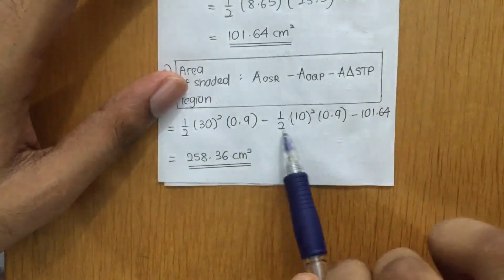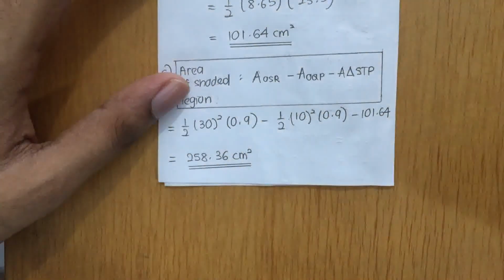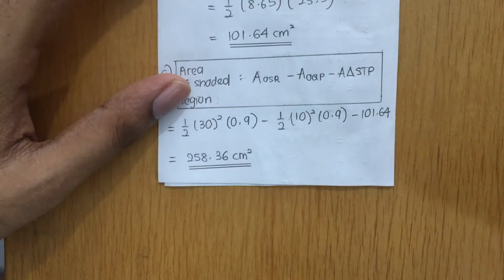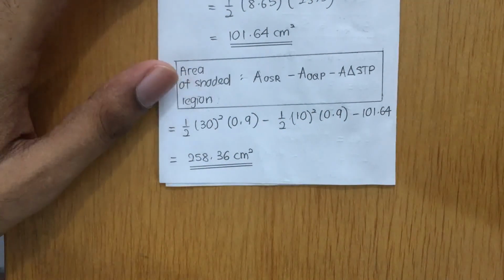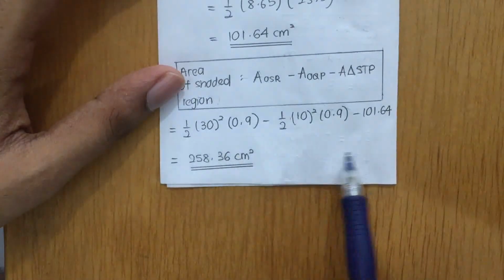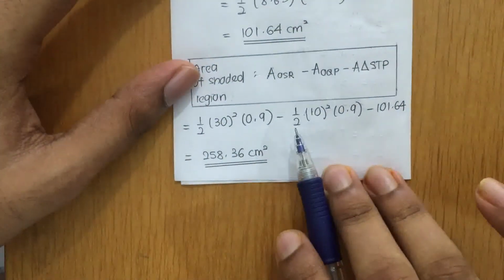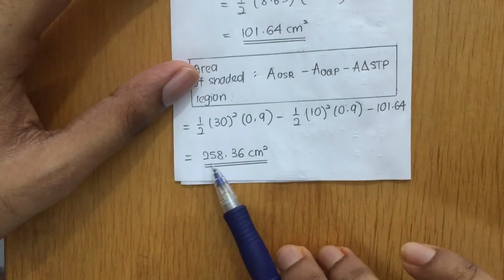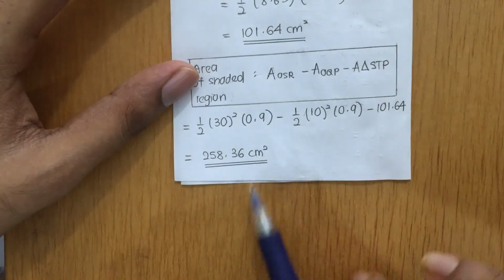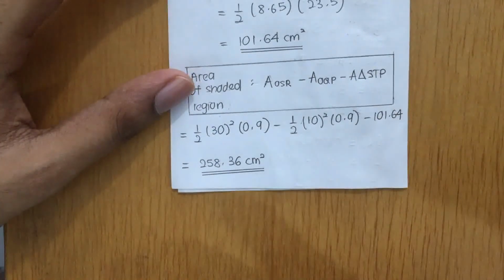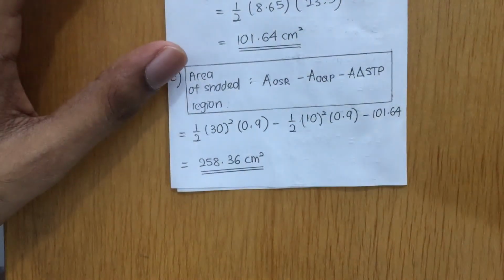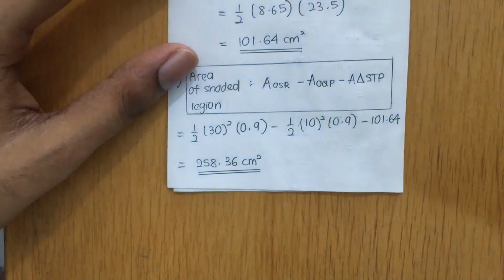To find the area of the sector, the formula is half r squared theta, for the sector of the circle, just for your information. You calculate all of this and you should get the area of the shaded region is 258.36 centimeters squared. So this is your final answer. Let me turn back to the question paper for your reference. Please hold on for a moment.